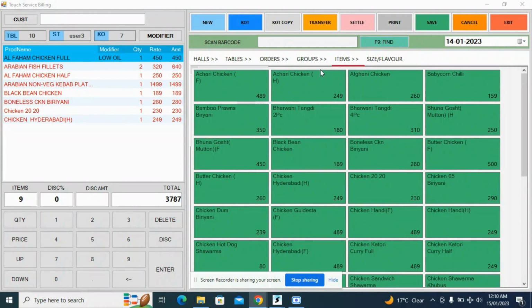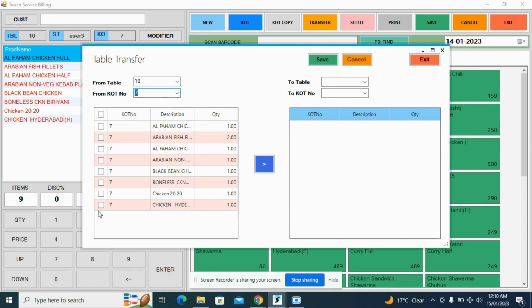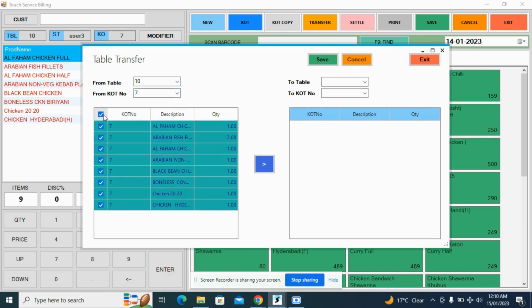Next I am going to explain about table transfer. On top there is an option called transfer. You can click on transfer. When you click on transfer, one more pop-up will open. You can click on new. You can select from which table to which table. Here I am selecting table number 10, and I am selecting which KOT to be transferred. When I click on 7, all the items in the respective KOT will be displayed. I am selecting the checkbox, and next to which table,